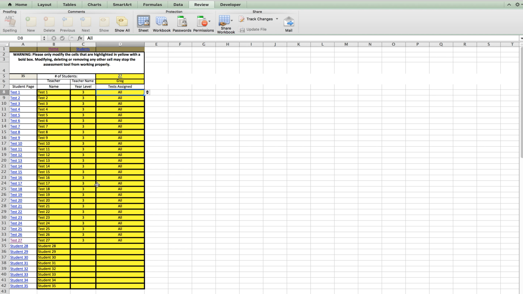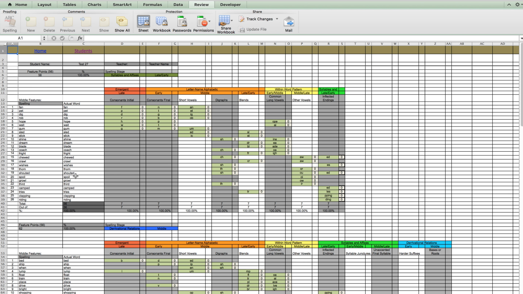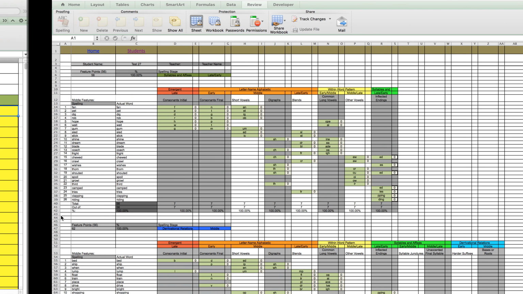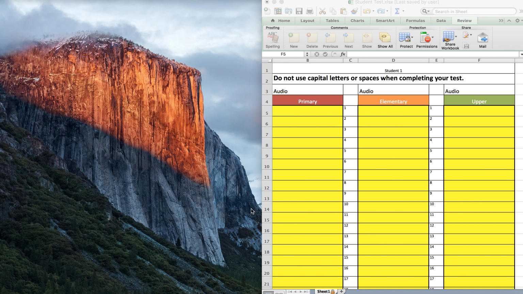Moving on, once I have this filled out, what I would then do is I would want to go to the individual student tests. And that area looks like this. You'll notice that these look a lot like the sheets that you get with Words Their Way. They're modified. There are two ways that you can actually input your student results. Now I'm going to show you the way that I prefer, which is actually using the student test that I